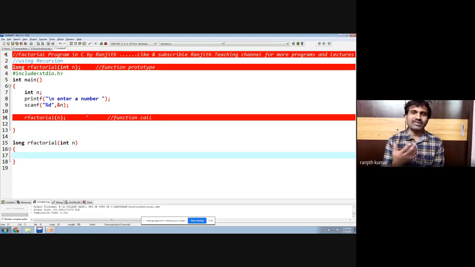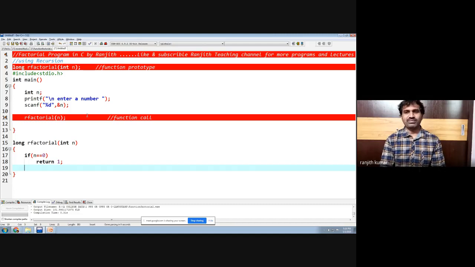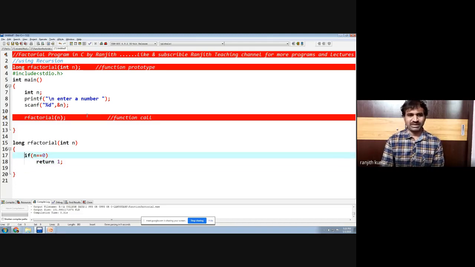Then what is the basic idea of calculating a factorial? Assume that you want to calculate 99 factorial. How will you calculate 99 factorial? You simply think 99 into 98 factorial. Then 98 factorial is 98 into 97 factorial. Like that, it reduces to the minimum problem which we can solve, which is 0 or 1. So we check the condition: if n double equal to 0, then return 1. The minimum calculation of the factorial is 0 or 1; both can be minimums.